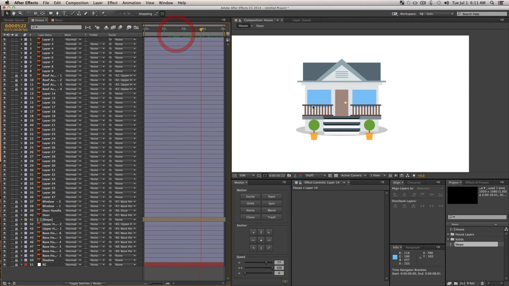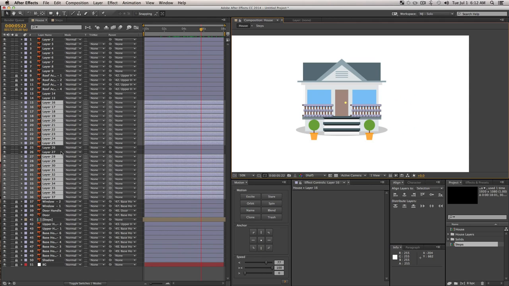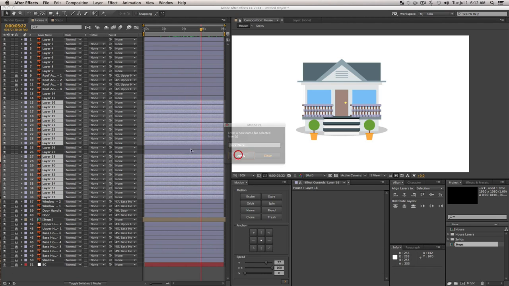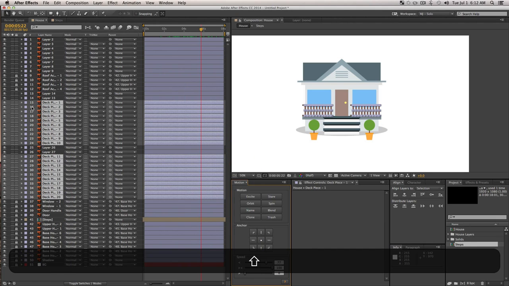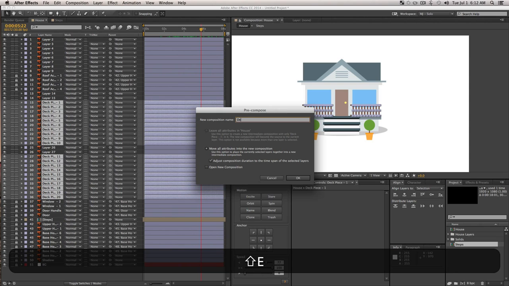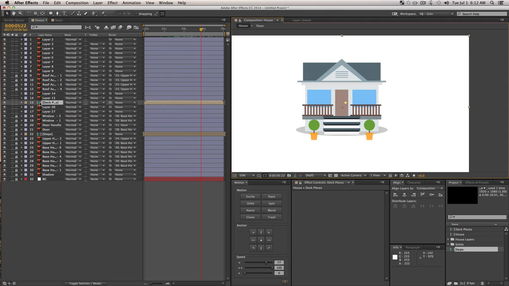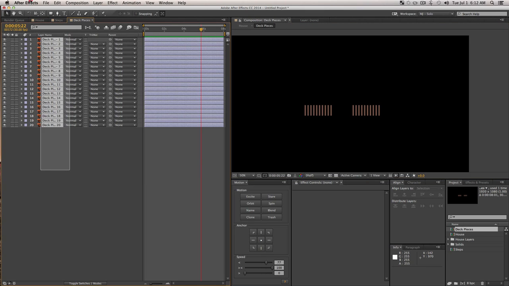Let's go ahead and just create this deck movement really quick, which is very, very easy. I'm just going to go and grab all these layers just like that with my selection marquee. I'm going to go and name all these layers. I'm just going to call this deck piece and click apply, and it'll order them for us. I'm going to do Shift Command C to pre-compose these, and I'm just going to call this deck pieces, I guess. That makes sense. Press OK, and I'm just going to double click into here and grab all my layers